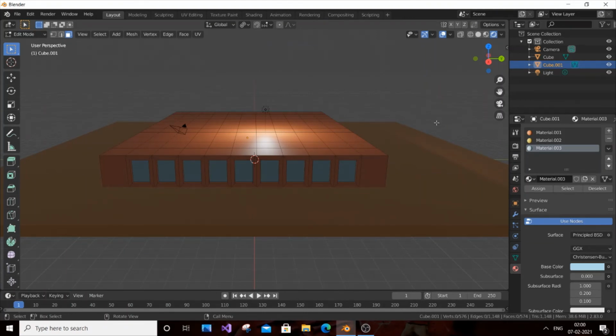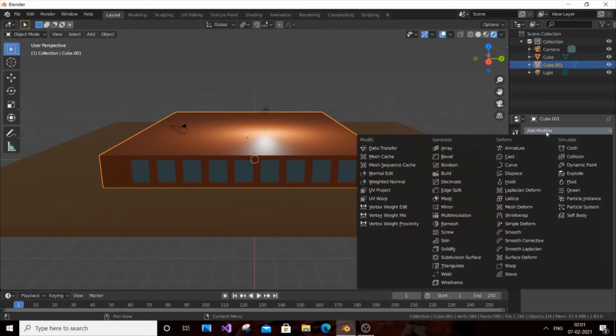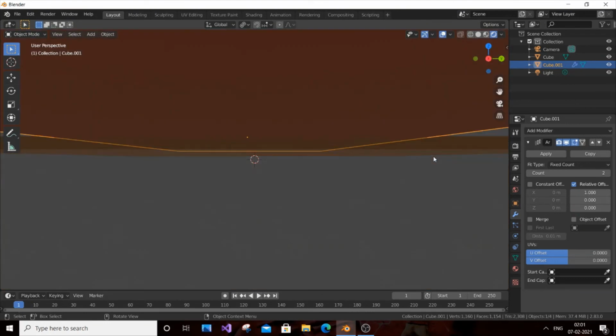We have only 1% remaining in our building. We have done one floor. Basically, we are just going to duplicate it to 100 floors, 200 floors as you wish, one over the other. You can select the height as you like. For that, we first need to go to object mode, and our building needs to be selected. Then we need to go to modifier properties, add modifier, and select the array modifier. Once you have got the array modifier, I don't know why this changed.